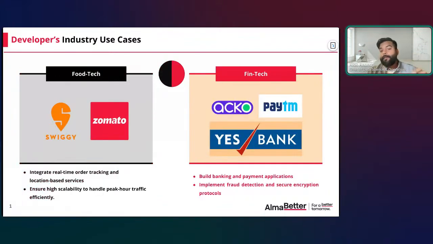Going to the next part, we have, let's say, food tech. In food tech, you have a lot of different applications which you work on. I mentioned it already when we started. Integrate real-time order tracking and location-based services. This is something which is different. You see the overall system you have on Swiggy or Zomato versus Amazon, it's very different. On Swiggy, Zomato, or in fact the quick commerce which we see as of now, they have the whole tracking system of how your delivery partner is going, how much time they will take, which path they are going to take, and when they are going to reach. All those things you will see on the application.